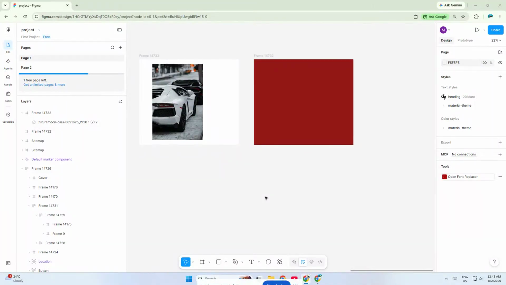Today I'm going to show you how to copy a background style in Figma quickly and accurately, whether that background is a solid color, a gradient, or another fill style you want to reuse on a different shape or frame. This is a super useful trick when you want to keep your designs consistent without manually rebuilding the style from